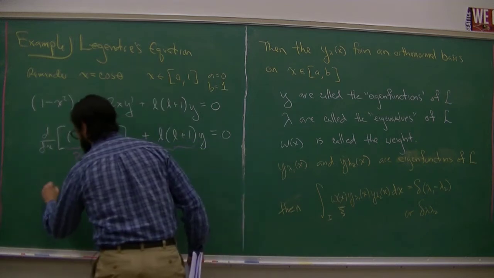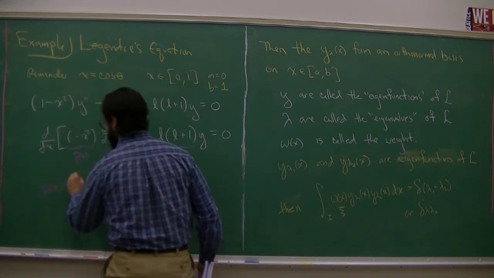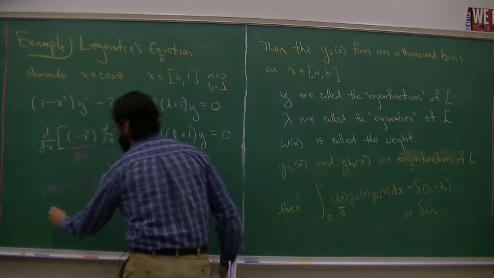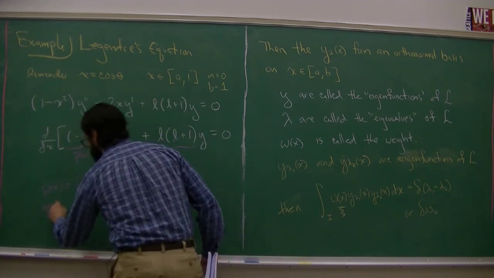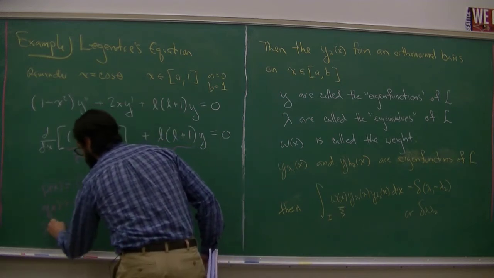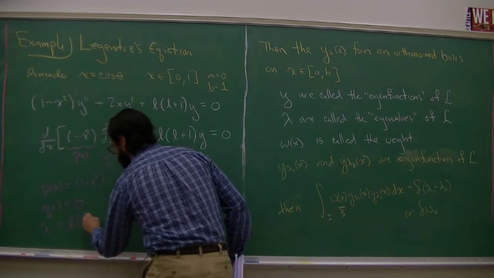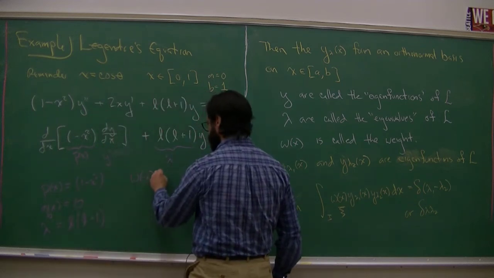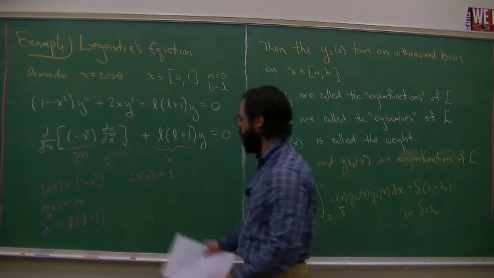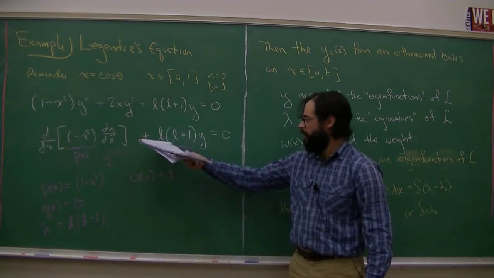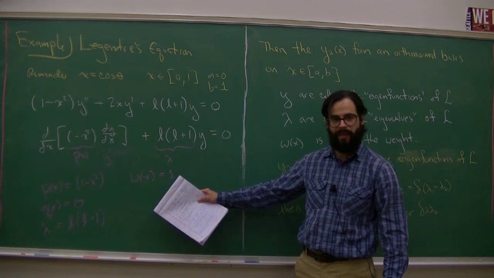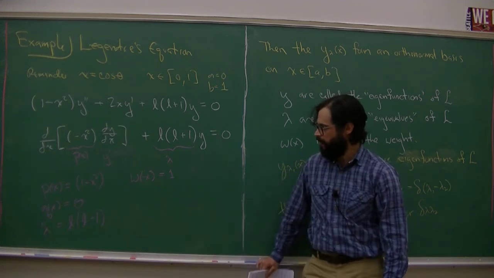So I would say that, yeah, I have p of x equals 1 minus x squared. I have q of x equals 0. I have lambda equals L times L plus 1, and I have no weight function. Well, I don't have no weight function. I have a weight function of 1. So this is eigenvalue times no function of x times y. So that's just mapping that onto the expression of Sturm-Liouville